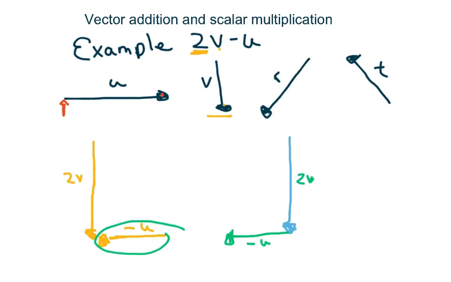Now, to get the resultant vector, the resulting vector, we're going to draw tail to tip. So we start with our original, which was 2v, and draw to the tip of the other one. And there's your vector. So it's 2v minus u, and it's this vector right here. Okay, we're going to do some more